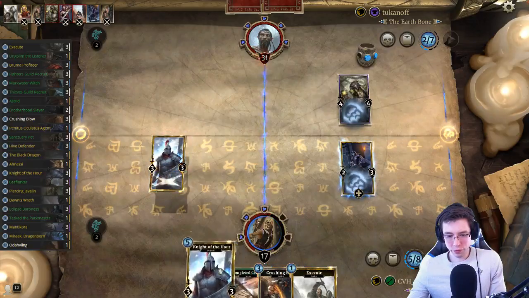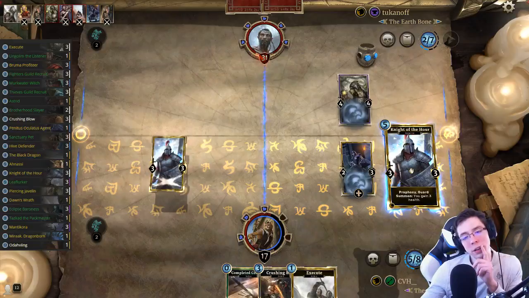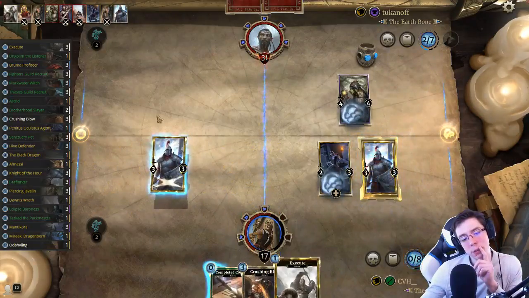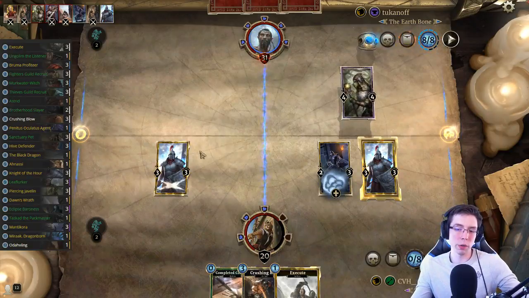Could even use it for more drain. I don't know, we could just double trade. We're just waiting on our late game at this point. I think this is reasonable enough. I'm not going to attack here because the drains need to actually attack now. We have a creature with drain, so if I want a Crushing Blow or something, we can just go face